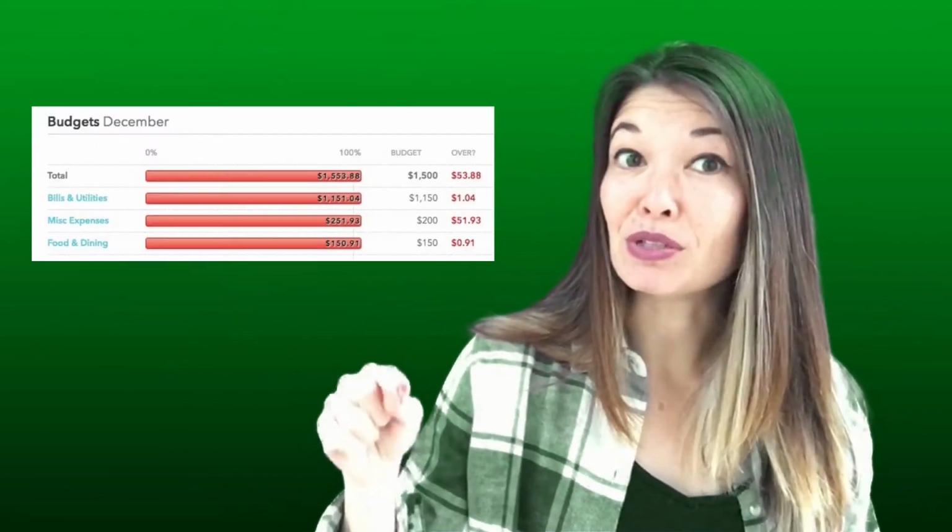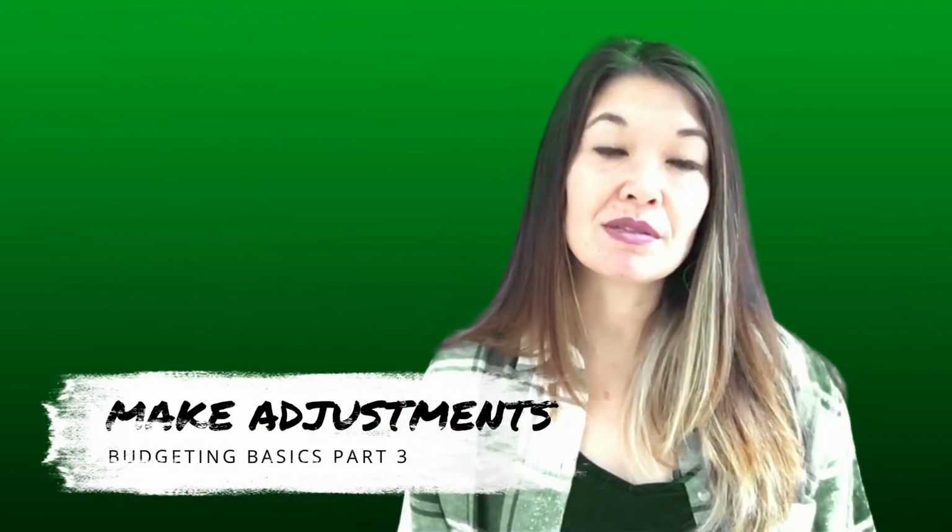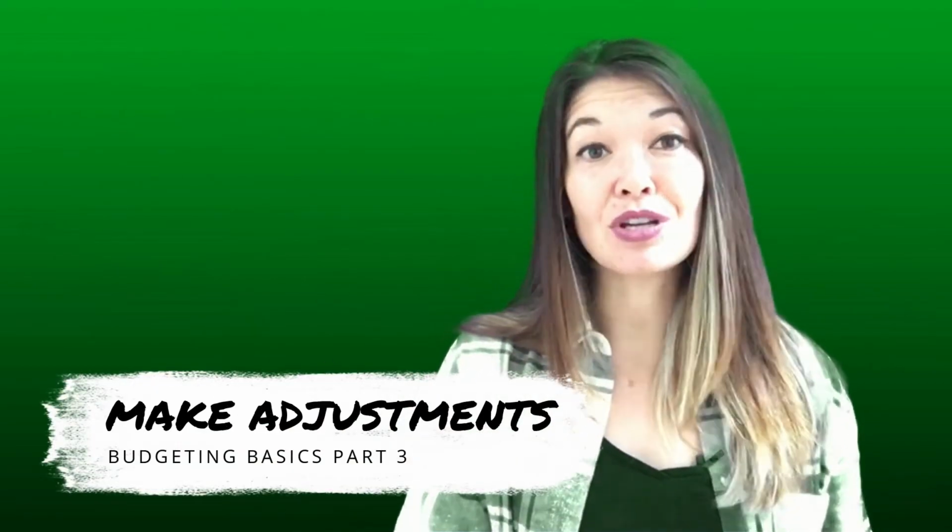So what happens if having a new plan and tracking your behavior does not seem to be doing the trick? What happens when you find that you aren't sticking to the budget? So that's the last step. Make adjustments. If you find that your actual behavior is not changing the way you want it to, you'll need to make some adjustments. You can increase the budget amount if you really don't think you'll be able to spend